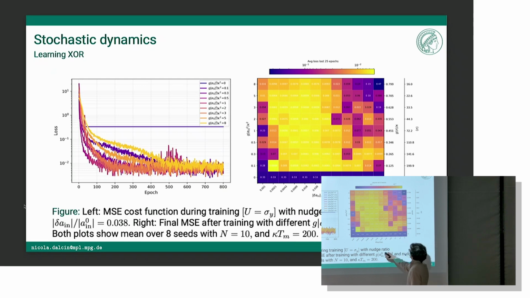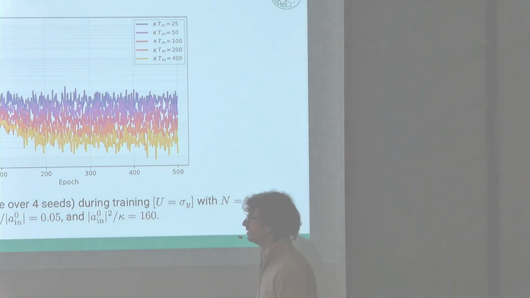If your nudging is super small, then you have bad performance because the noise affects you, but you have a big intermediate regime in which you can do your nudging and it still works. This depends on many things, even on T: if you sample for more time, this works better. Even if you pump more photons, this works even better. But okay, yeah.